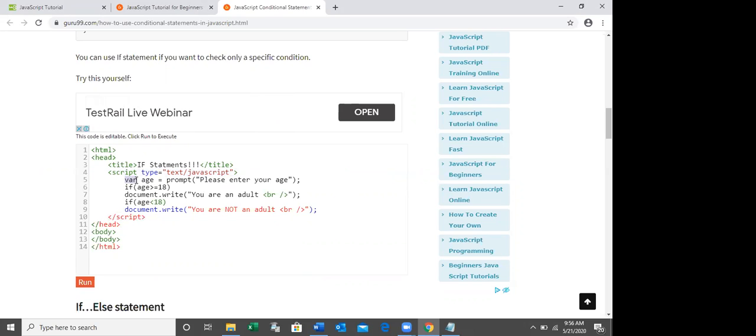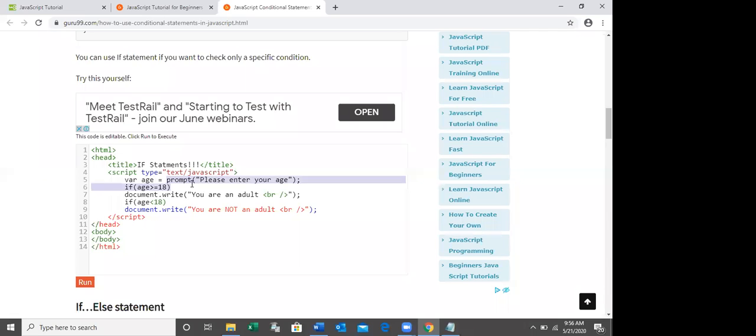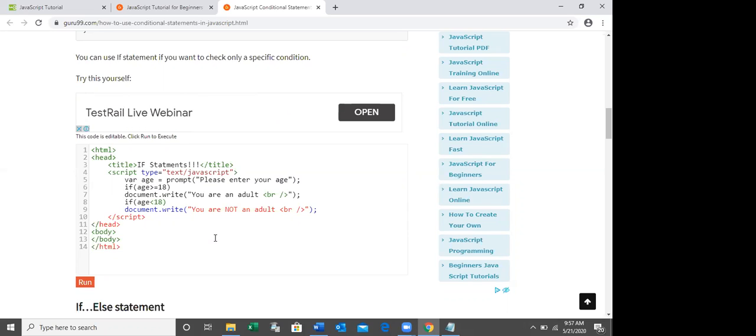Here var variable age is equal prompt. What is prompt? What are the dialog boxes in JavaScript? I have explained you already. First one is alert box, right? Alert box, to get the alert, it will be displayed only with the OK button, right?